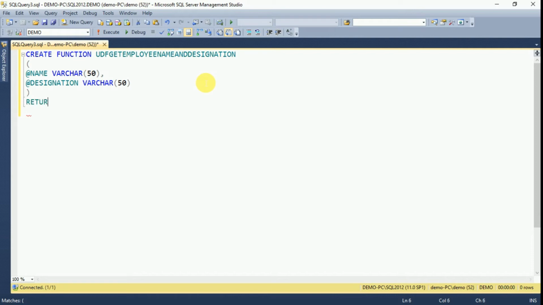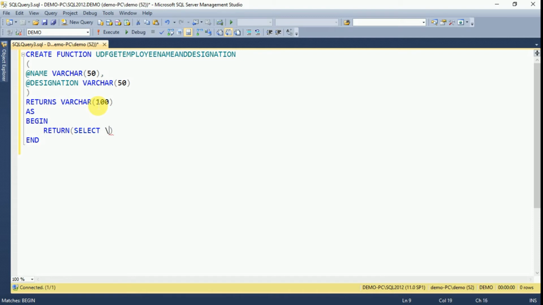It will return a string only, because we are passing the input parameters as name and designation. We are going to get name and designation as the output, and for that I am using the data type varchar. Begin. Inside the function we have to create one select query.